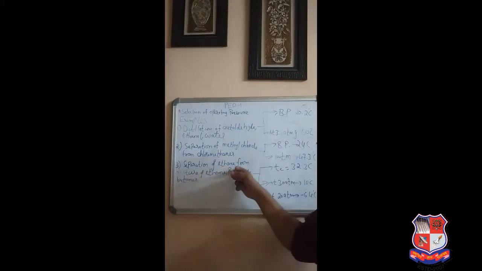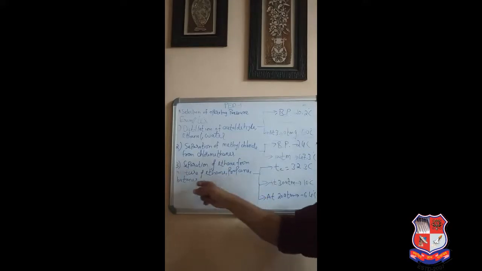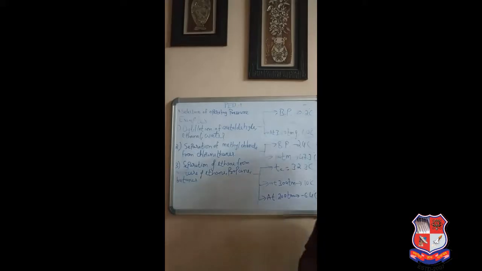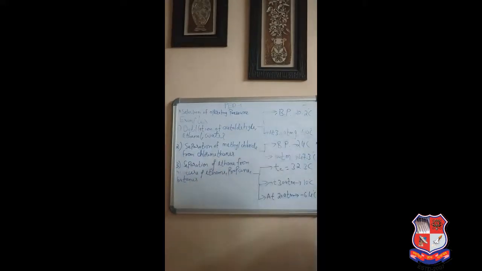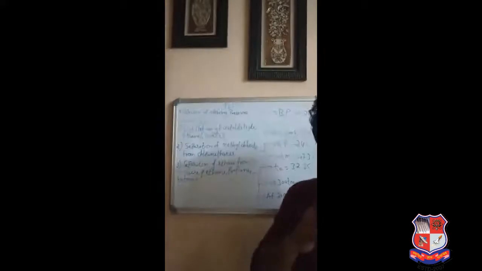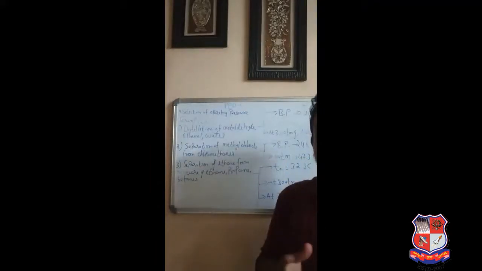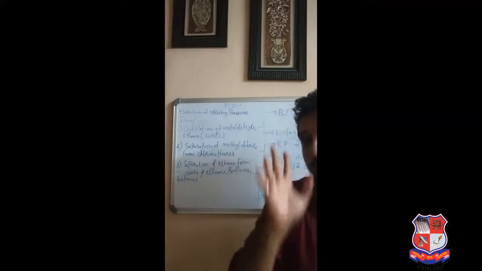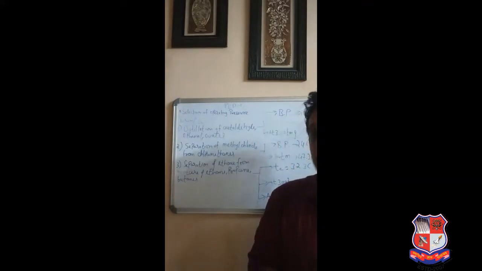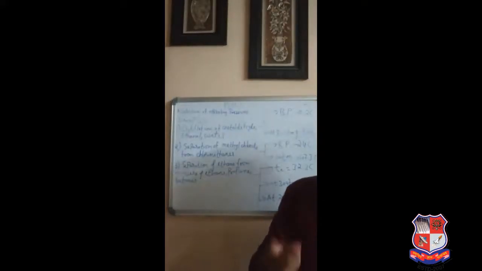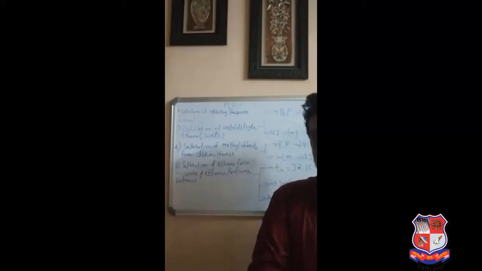Another example is separation of ethane from the mixture of ethane, propane and butanes. Now the critical temperature of ethane is 32.3 degrees Celsius. Now always remember two things: your operating pressure of the column should not be higher than the critical pressure of the top product, right? Or you can say the temperature of the cooling medium should not be higher than the critical temperature of your top product, right?